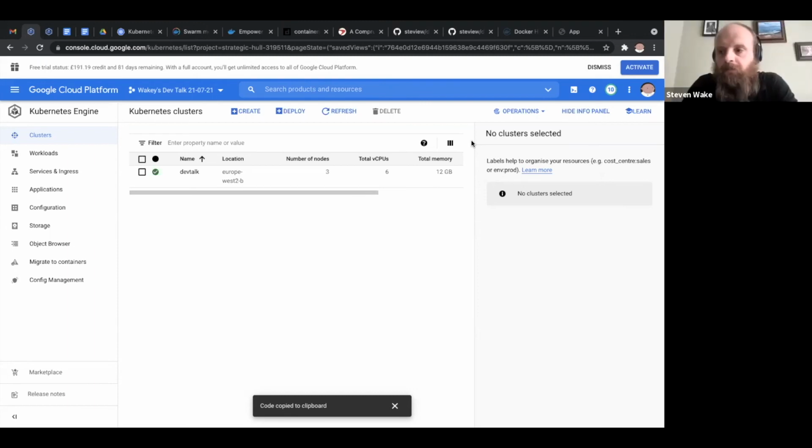So they're all separate, but they're all linked together. Google Cloud has two other services that we use in Stonehaven. One of them is an image repository, like Docker Hub, a private repository for you to pull your images from.